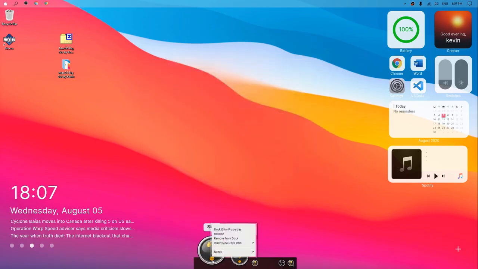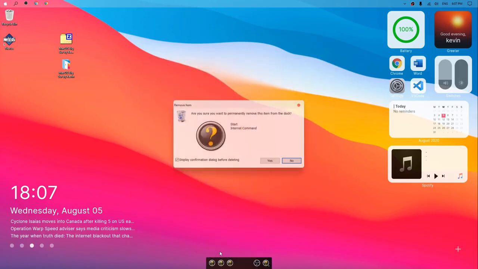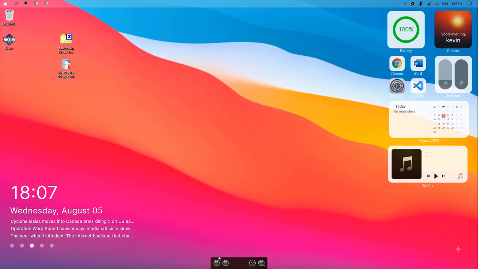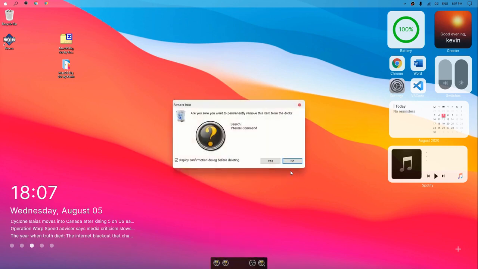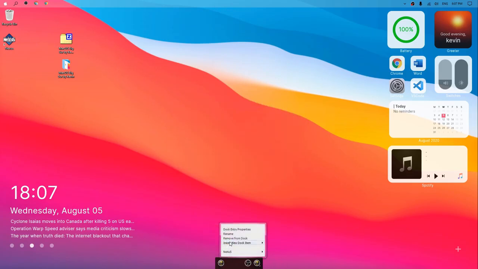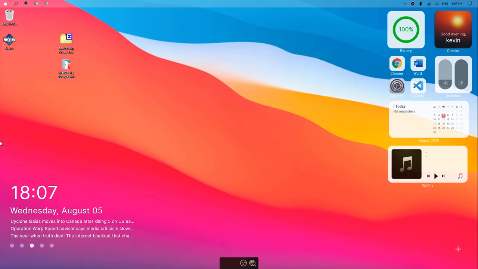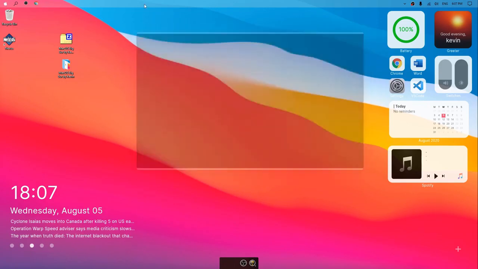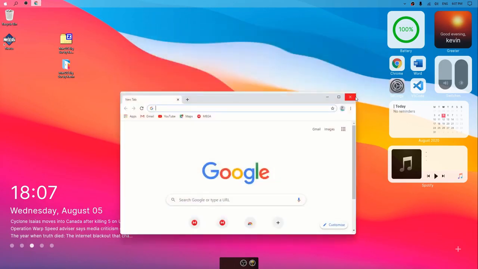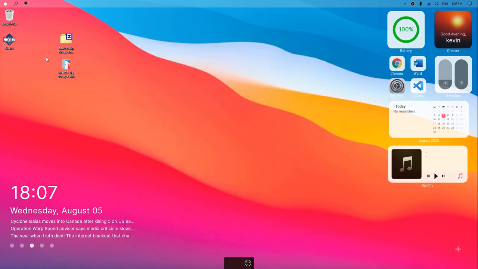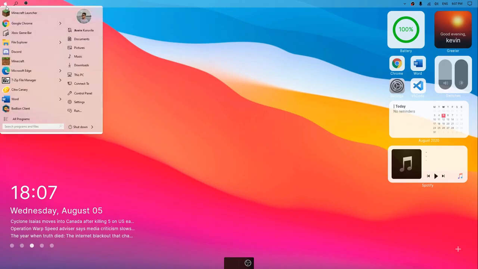And yep, so what we can do is we can remove from dock, move and remove, and what are these? Okay, so now what we can do, we can exit this one and also this one. I'll be updating the mega link, I'll be changing the file inside it. Sorry about the confusion, but next thing that we're going to do is click here, and we're also going to